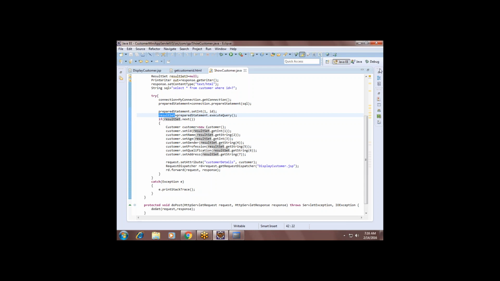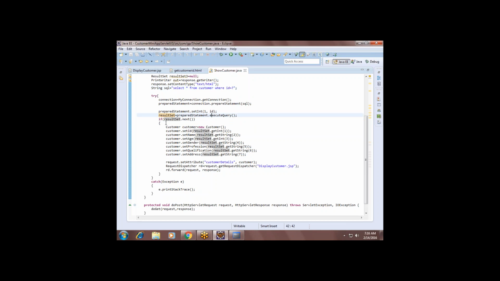Do you have one record or multiple records? Multiple records. Hey, you fetch a record for only one ID, no? You put a where clause? So how many records will you get? Only one, the one particular record matching the ID, no?